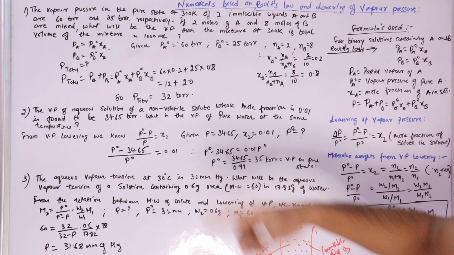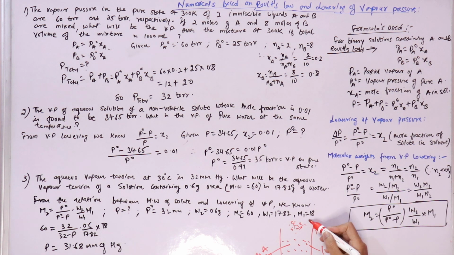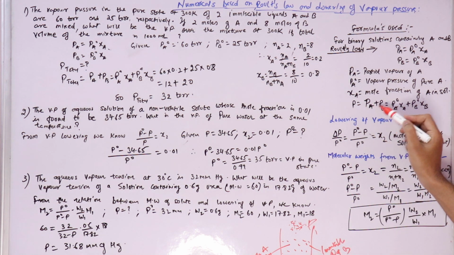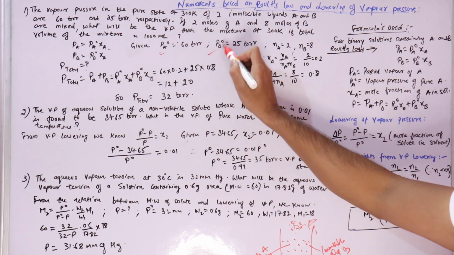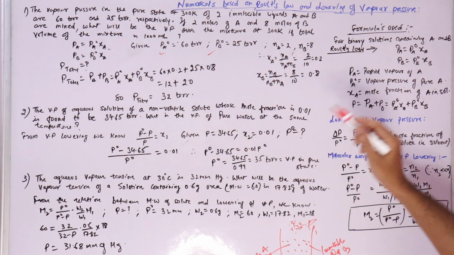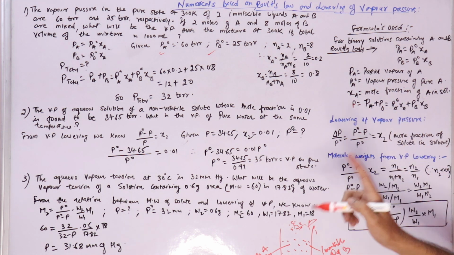right? If you remember this formula, the vapor pressure P would be PA plus PB, and PA is given by the formula PA0 XA and PB is PB0 XB, right? So we are given PA0 and PB0, and we can calculate the mole fractions XA and XB from the number of moles, right? We know that. So these two values are already given. We would be using this equation to calculate the total vapor pressure above the solution.